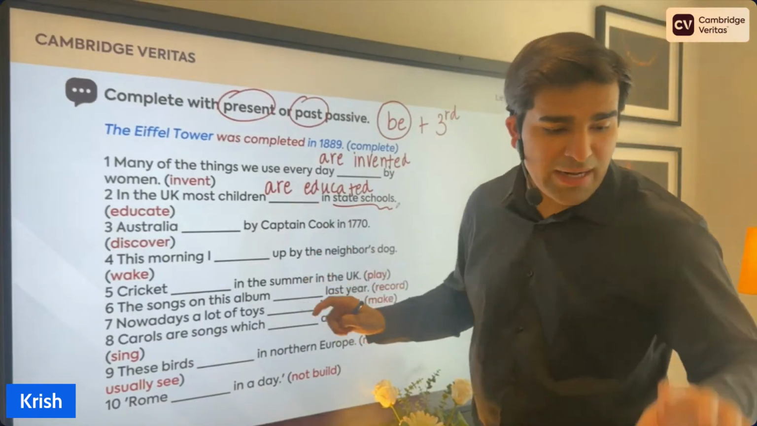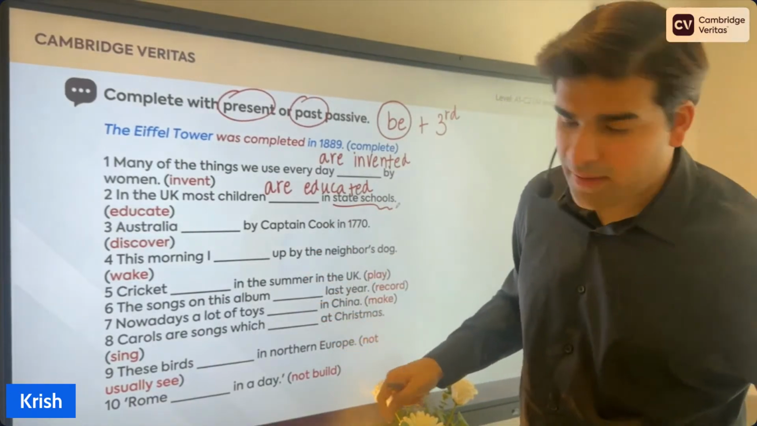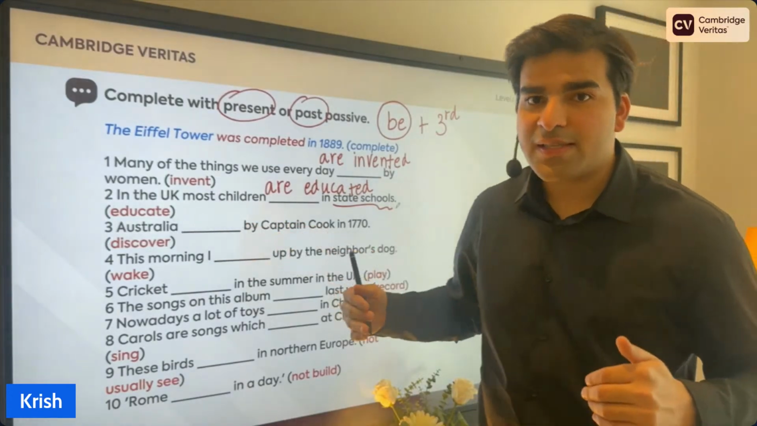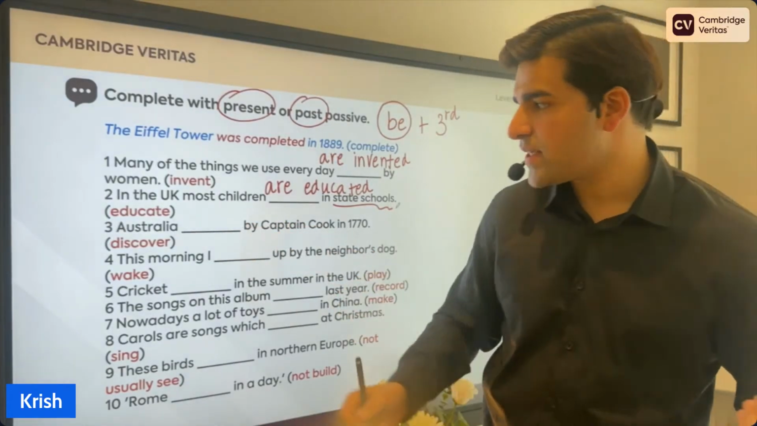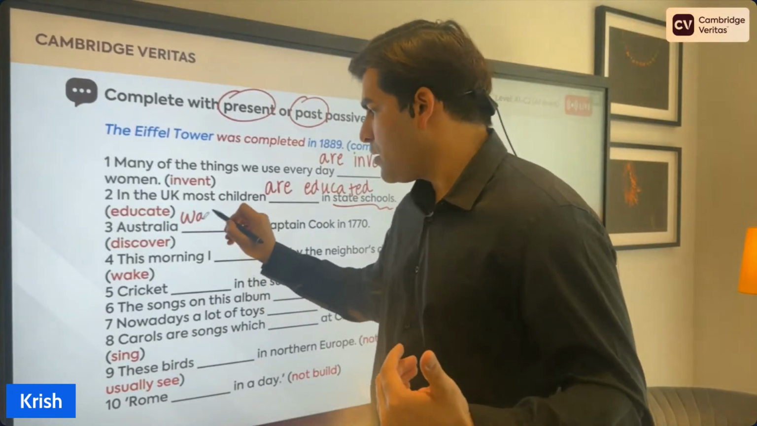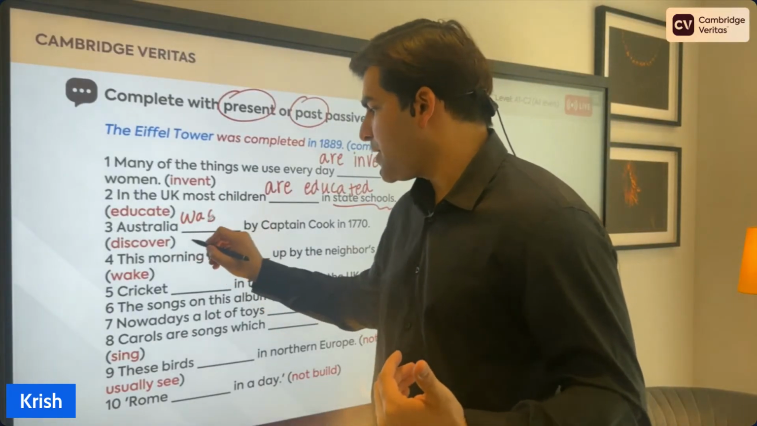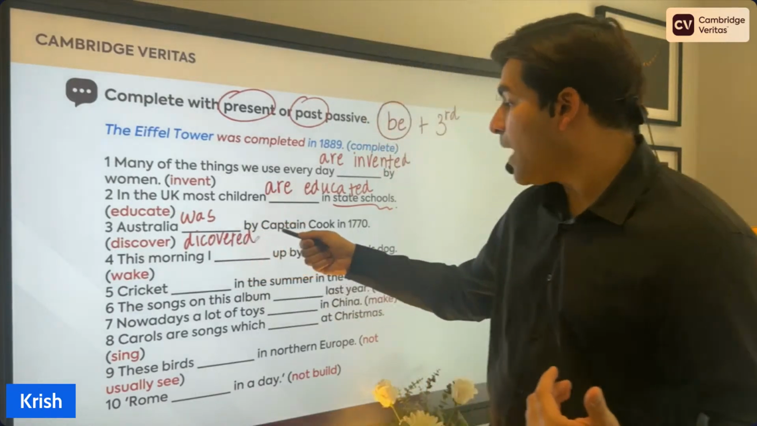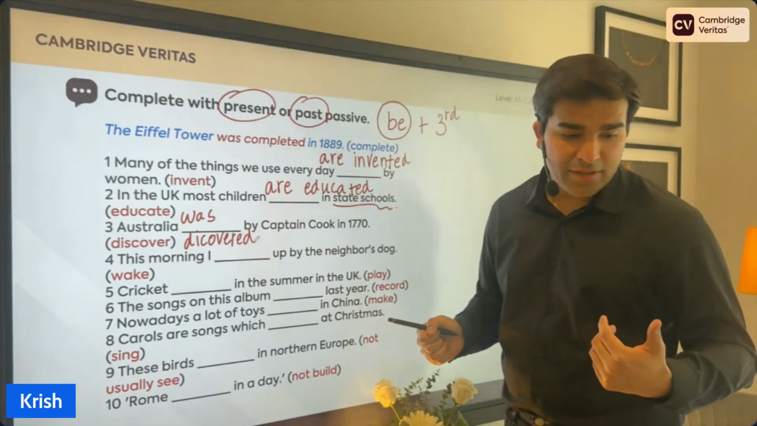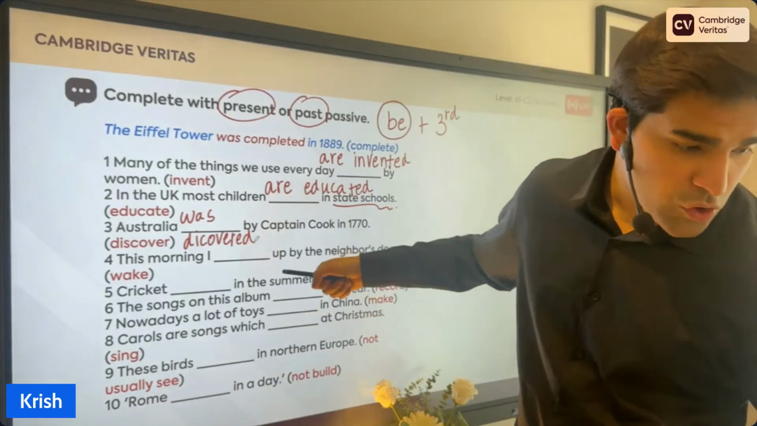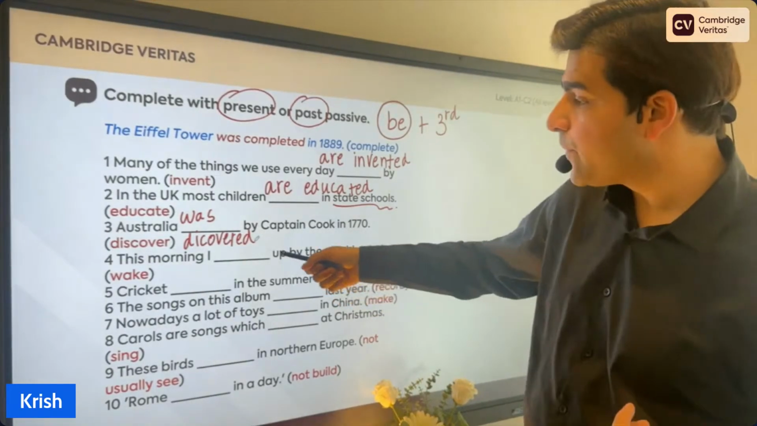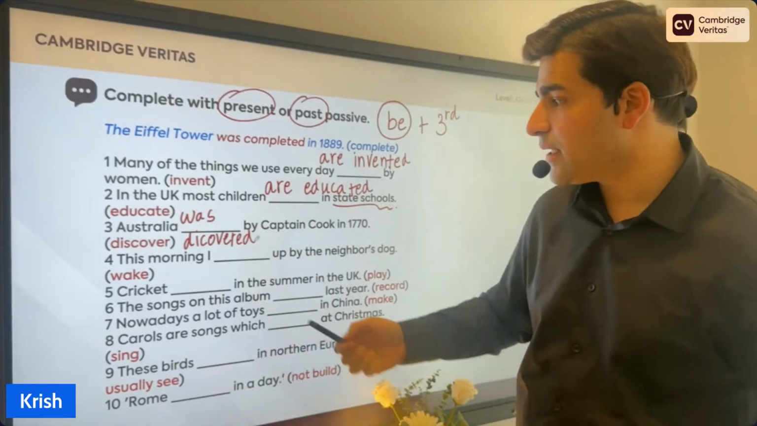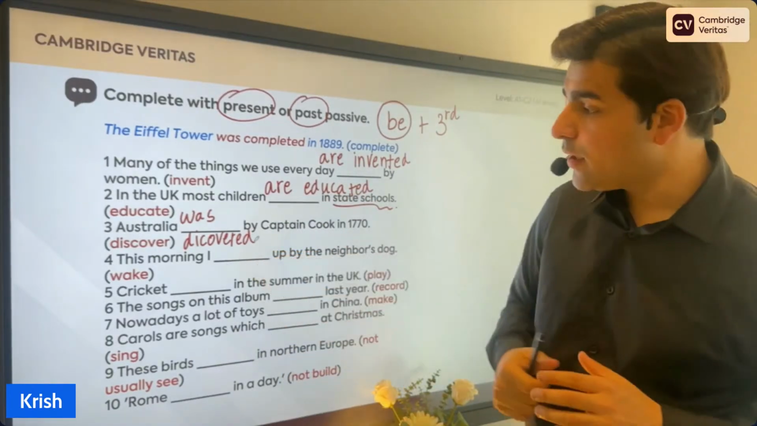Let's go slow and number your answers, please. Okay. Thank you. Australia, of course, it's not discovered today, so it was discovered in the past. So we say was discovered by Captain Cook in 1770. Number four, superb. Very good. You guys are doing well. This morning, apparently, we have to use the past here. This morning,